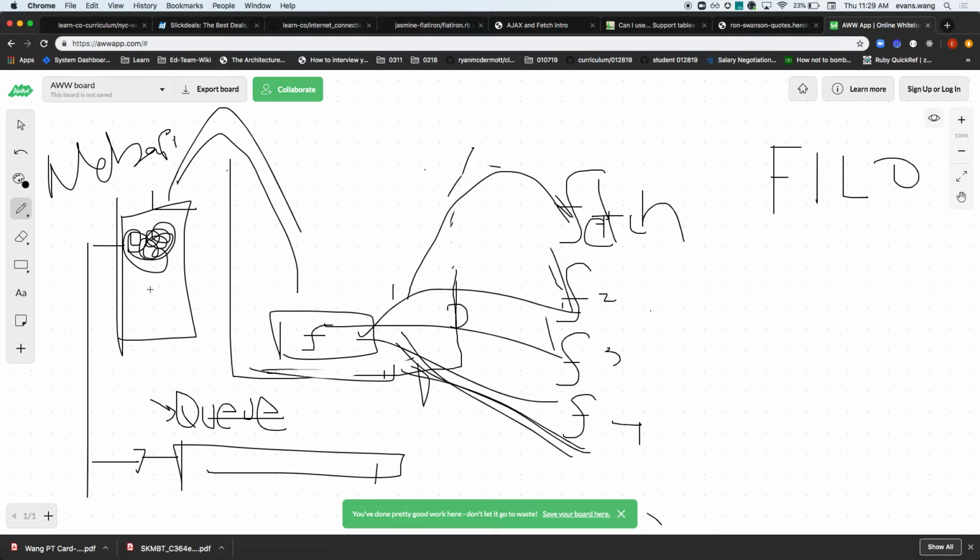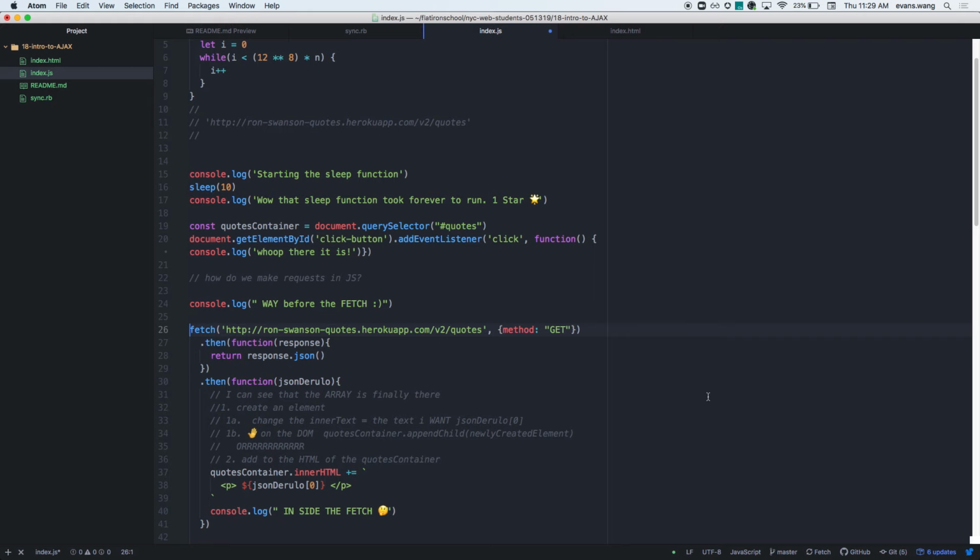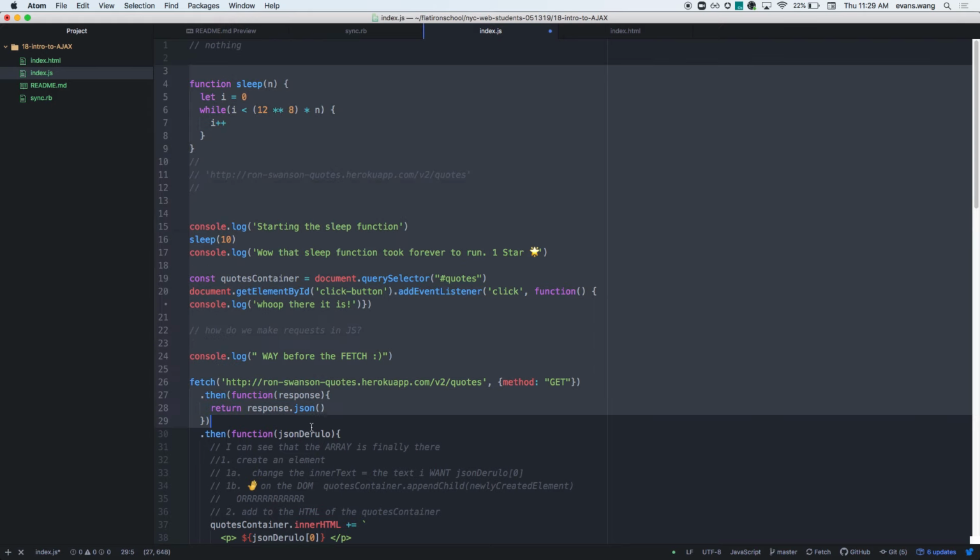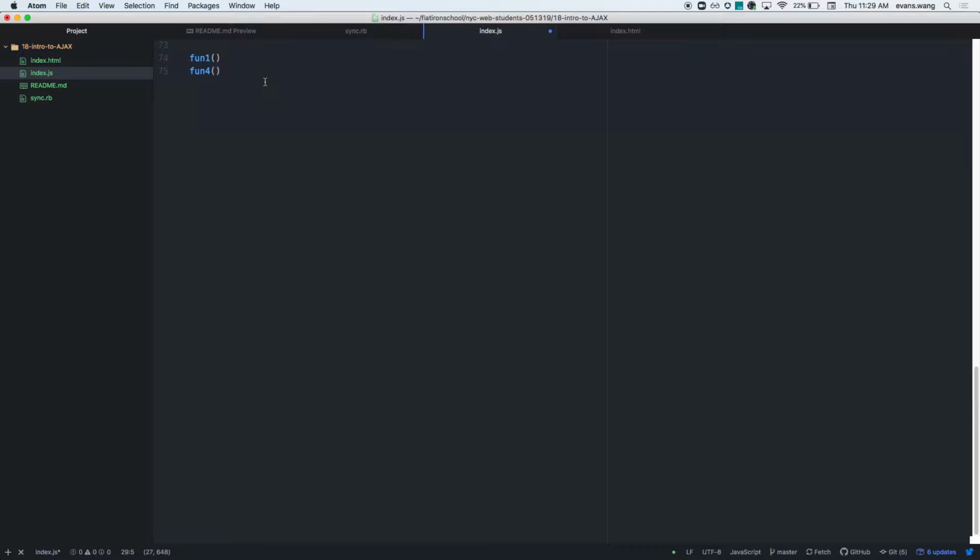Cool. If I had another request finish, it's going to go bloop, bloop, bloop, 2. And so what's going to happen is this. Once all of your JavaScript finishes running, it's going to go boop, boop, boop, all the way until line 75, and